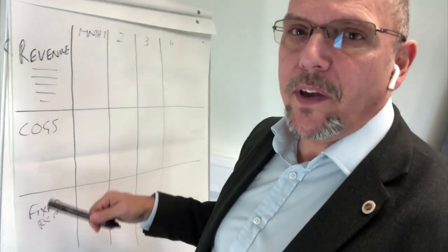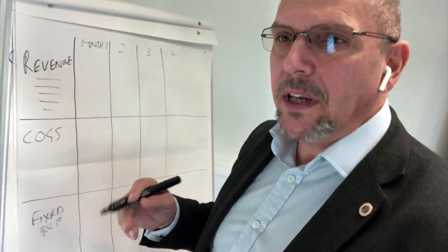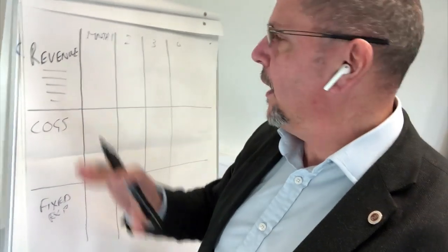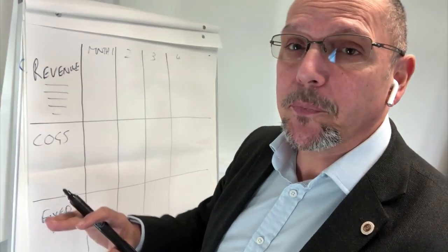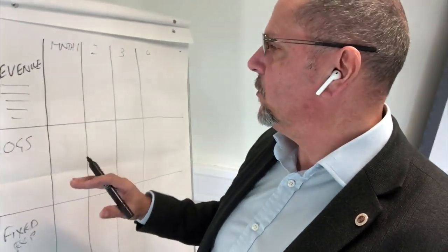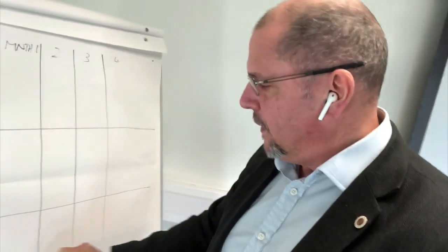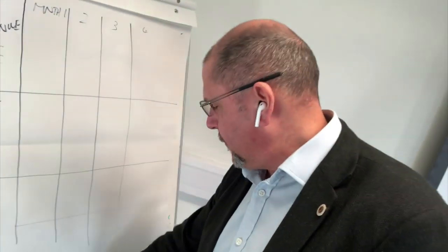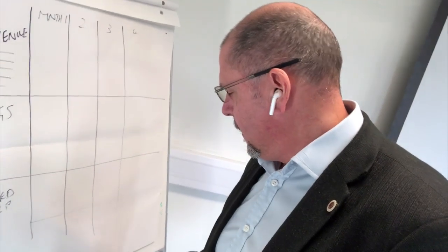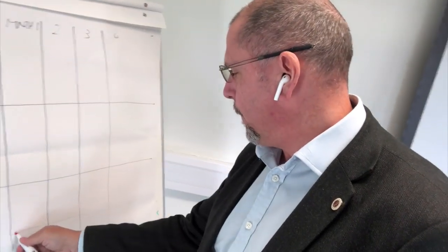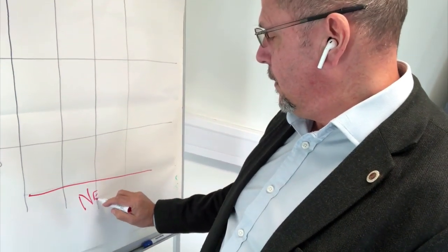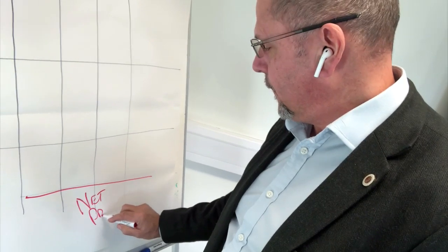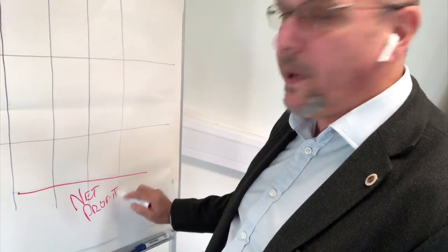Fixed expenses are things like rent, telephone, and of course, I'm not the accountant, so every business will have different things that go in these categories. It's best to speak to your accountant or your accounts person and work out what it is that you want to do. But the most important thing is, get a different colour pen, that one looks like it's running out. This will give you, across the bottom, a net profit. And this is what we're interested in. This is what we need to try and make sure that we maintain.